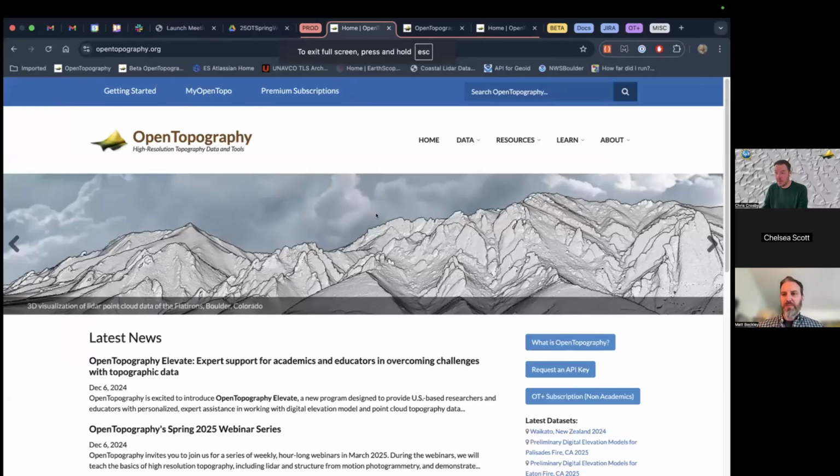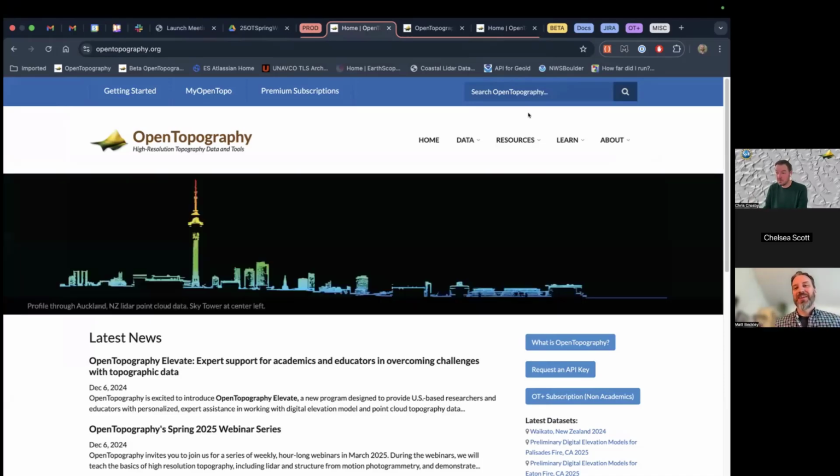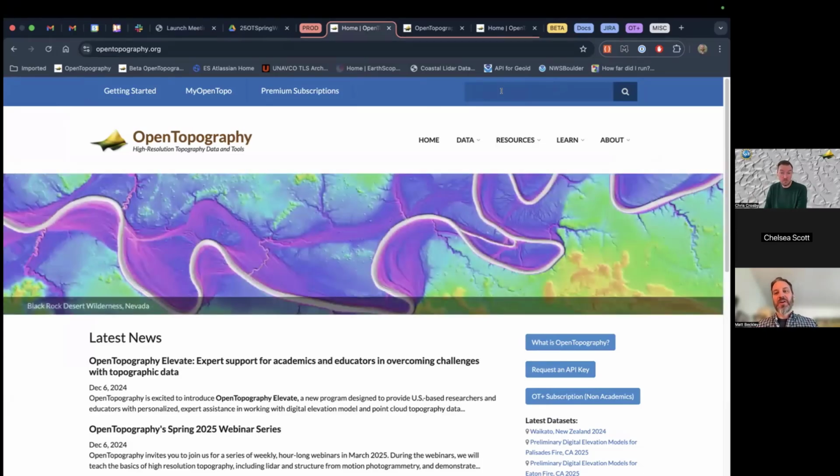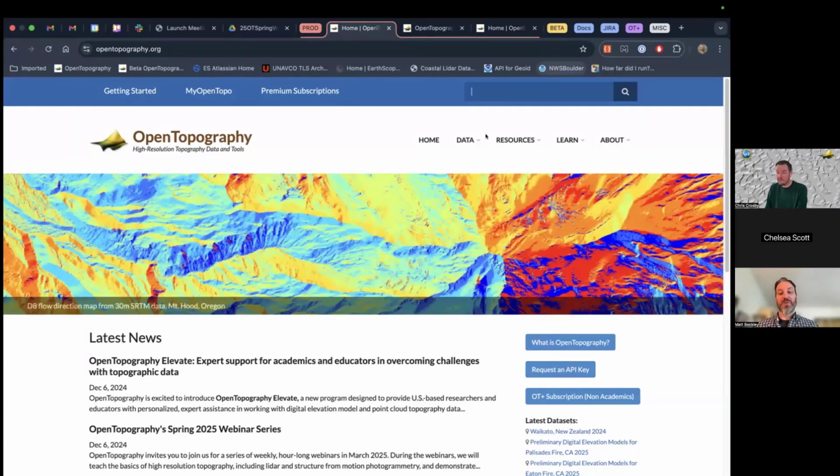I assume you can see my screen, but just let me know if you can't. So I'm going to just talk about data discovery, how to find the data basically through OpenTopography. And I'm going to start off with how not to find data. We've had some users that have typed in a lat long to this search OpenTopography toolbar up here, and that's not how you search for data. That is to search our website and web pages. So if you're looking for a blog post or a news item or anything like that, that's where you'd search for web content.